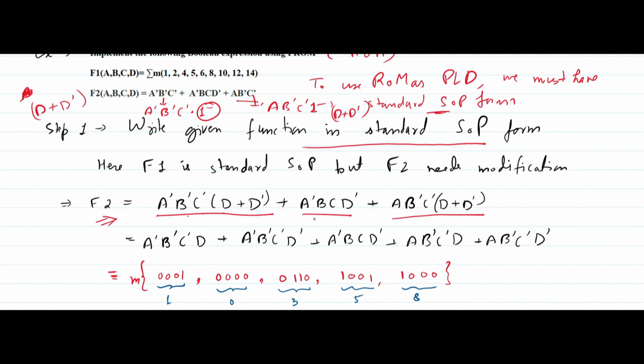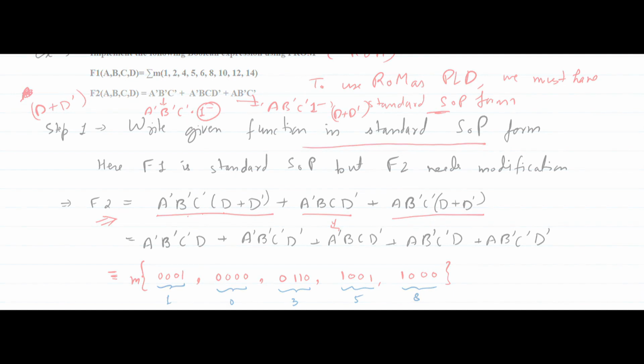So now we will expand it. After expansion we will have a' b' c' d + a' b' c' d' + this term plus these two terms, right? a b' c' d + a b' c' d'. Now we will write it in terms of